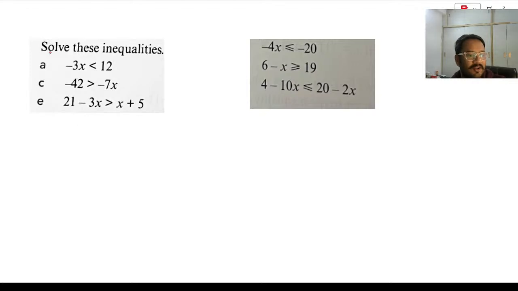Okay, now solve the inequalities. Here we are solving these types of inequalities. So first, I'm solving the a part. In the a part, it is minus 3x less than 12. Now if we want to solve this, we do not shift terms here and there. We write divide, because we want to eliminate this 3. Every time, whatever is the coefficient of x, you need to eliminate that. Coefficient of x means whatever is with x, we need to remove it. So we'll divide both sides by